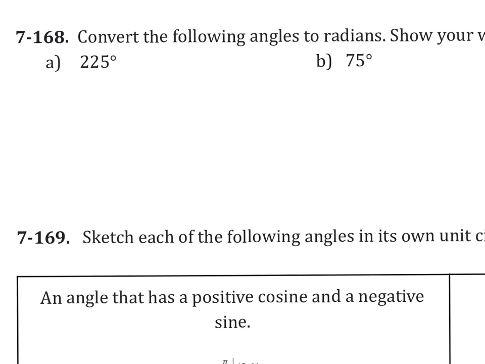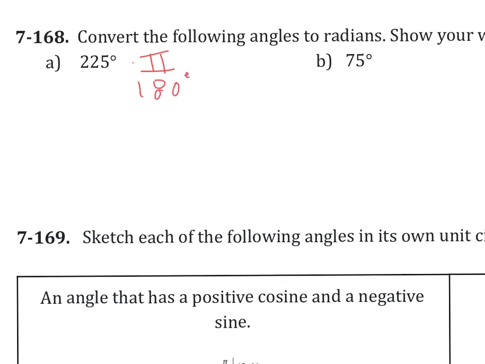We're going to work through 7-168. We're going to convert the following angles, which are in degrees, to radians. We know all the way around the unit circle is 2 pi, or 360 degrees. We can either multiply by that, because those two are equal, or to save us time in the end, we know halfway around the unit circle is pi, or 180 degrees, so we could multiply by pi over 180 degrees,